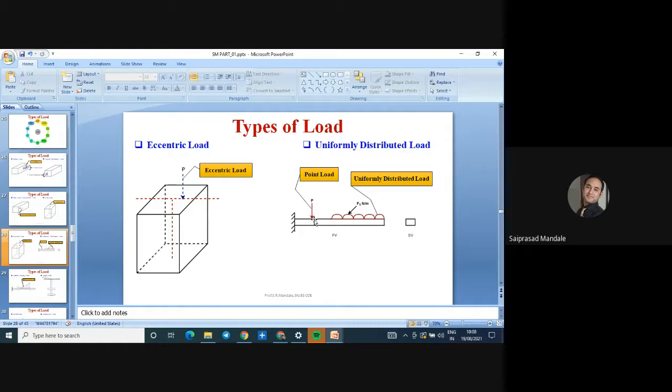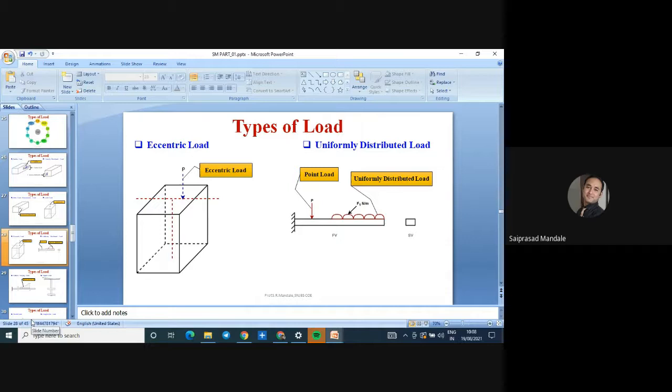Can anybody tell me the other name for the point load? Concentrated load, perfectly correct. You can see this is the point load, which indicates that P acts at a point. Here it is a UDL. UDL stands for uniformly distributed load, and its intensity will be calculated as intensity per unit length,